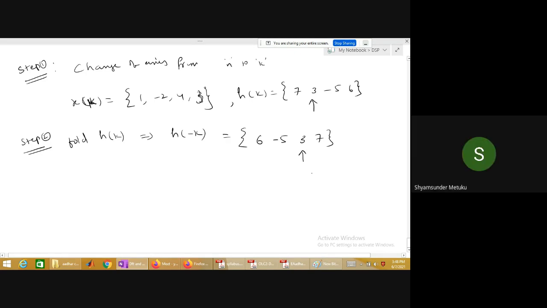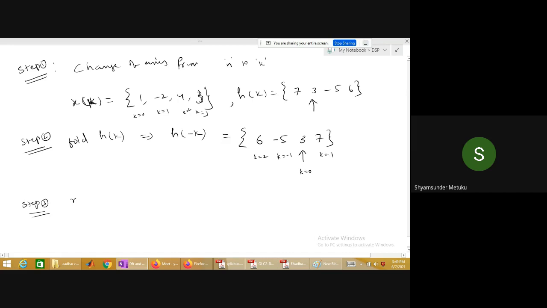So can I consider it is k is equal to 0, k is equal to -1, k is equal to -2. Yes or no? Yes, sir. Whereas this is k is equal to 0, this is k is equal to 1, k is equal to 2, k is equal to 3. Because change of axis is already done. Correct or not? Yes, sir. Change of axis done. Step 3. What is the first n value?